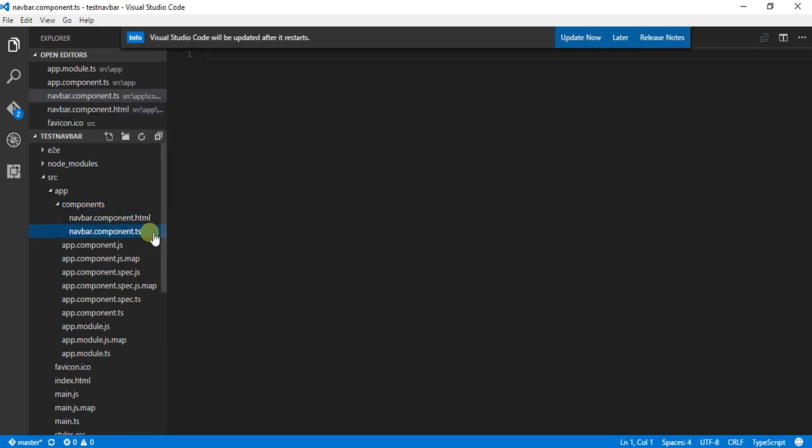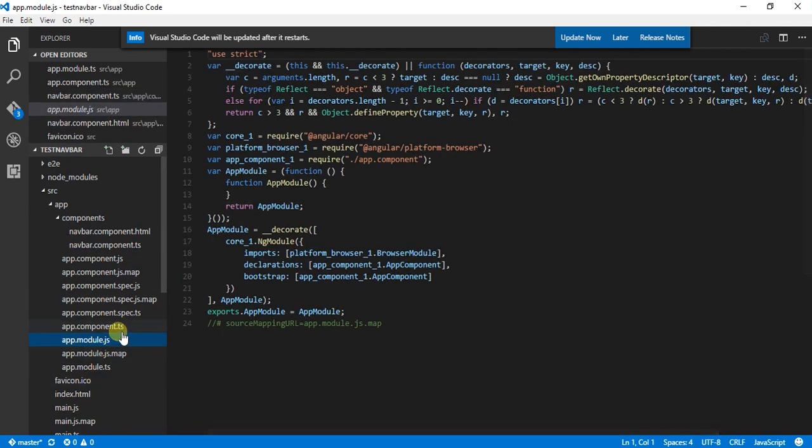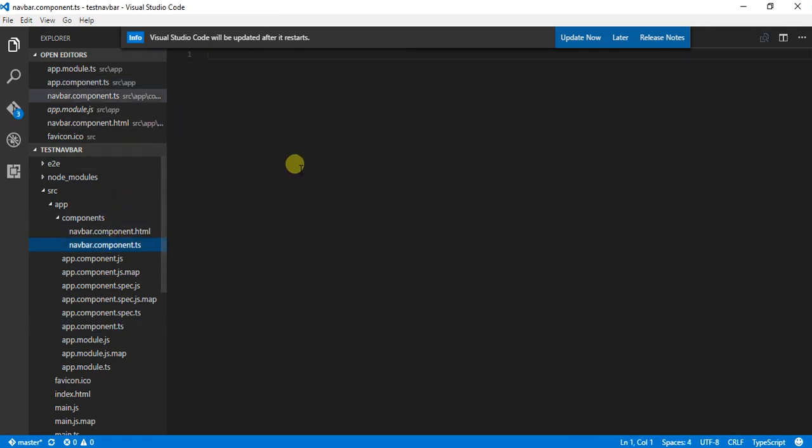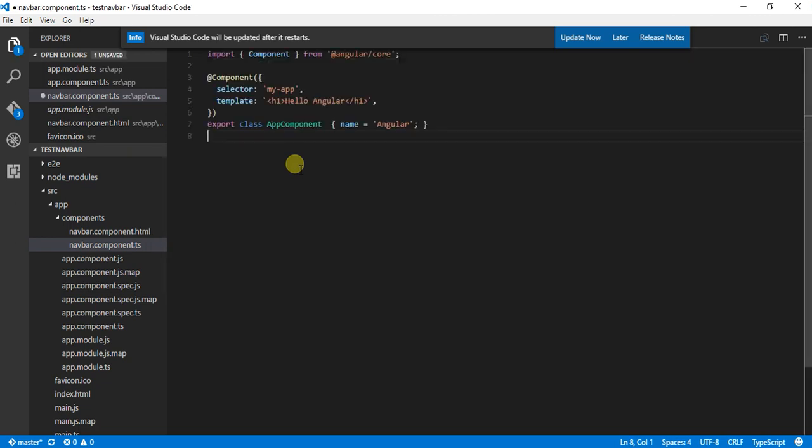Now in my TS file, I am going to copy the basic TS structure which we will be requiring for our component. There are a few modifications that I need to make, like I will create my selector as navbar.